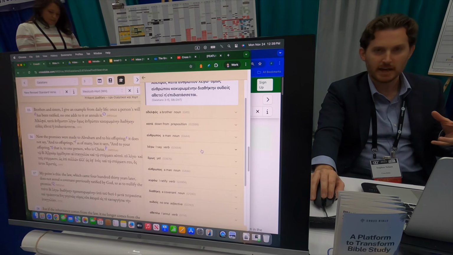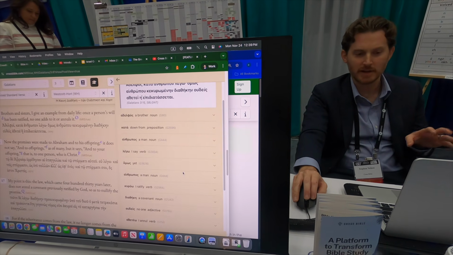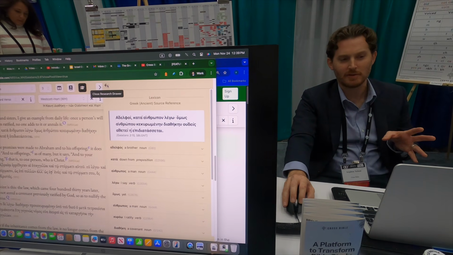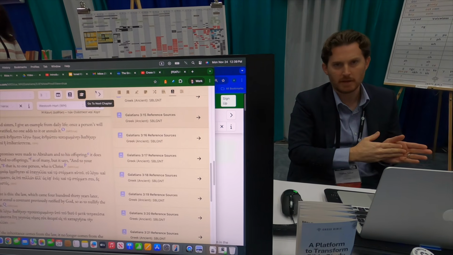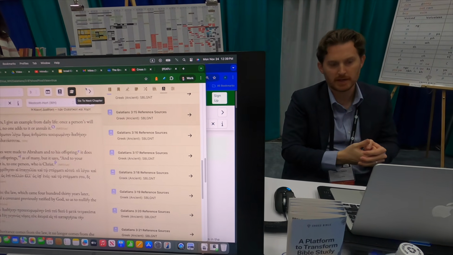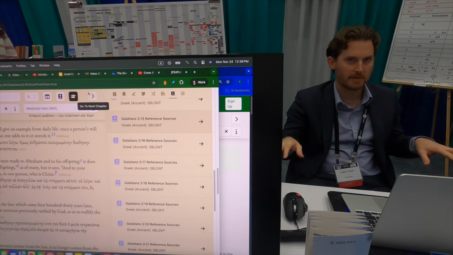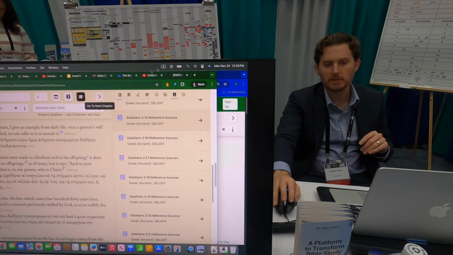It's a little dated, I have to admit, disclaimer, Thayer's lexicon is not the latest and greatest. BDAG is the latest and greatest. We're working on BDAG. This is just the first version. So we have Thayer's for the New Testament, BDB lexicon for the Old Testament, where we have the Hebrew Masoretic text. We're going to be ramping up our support for the Septuagint. Lots of resources are coming for the Septuagint. Just stay tuned.